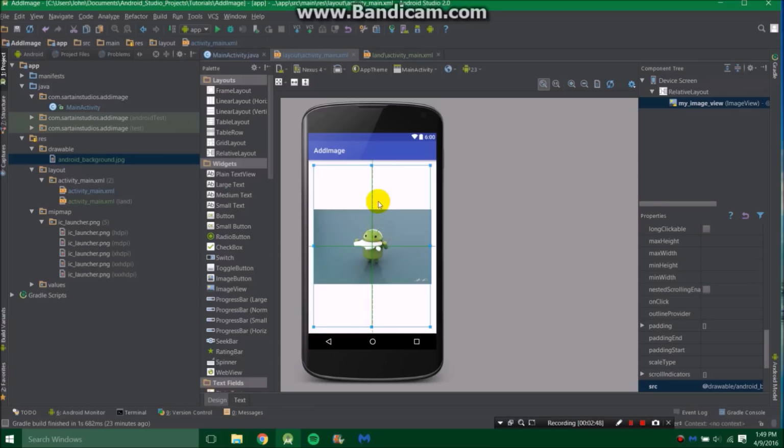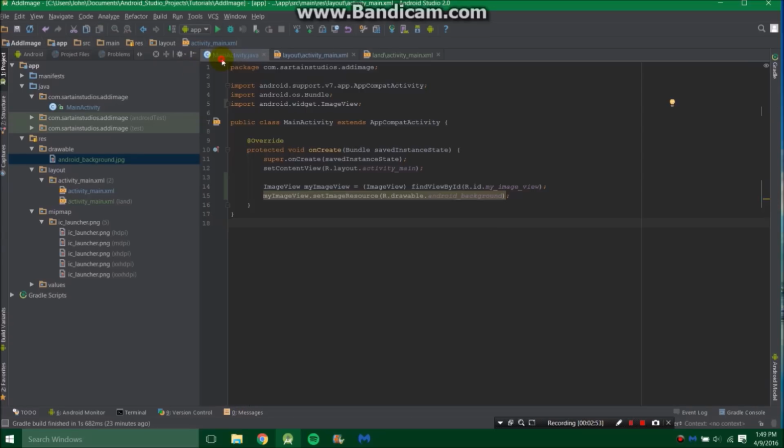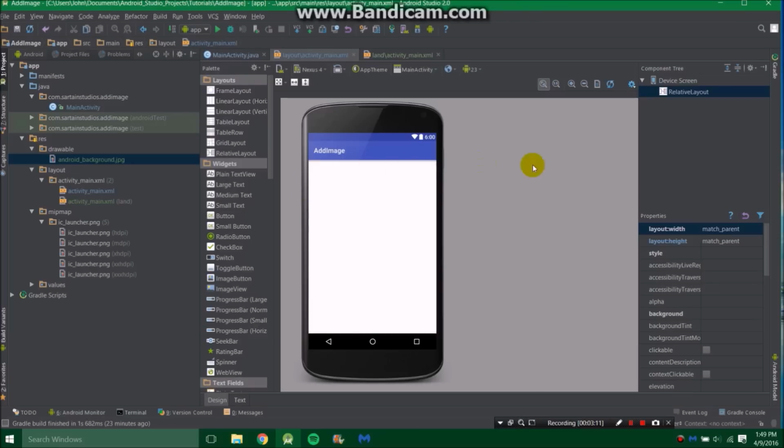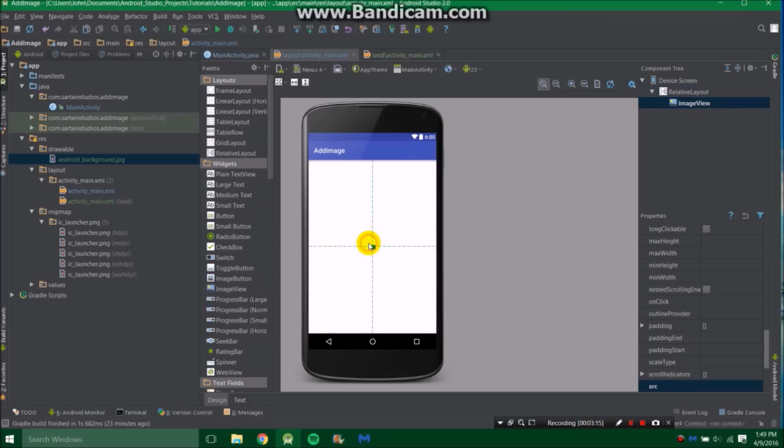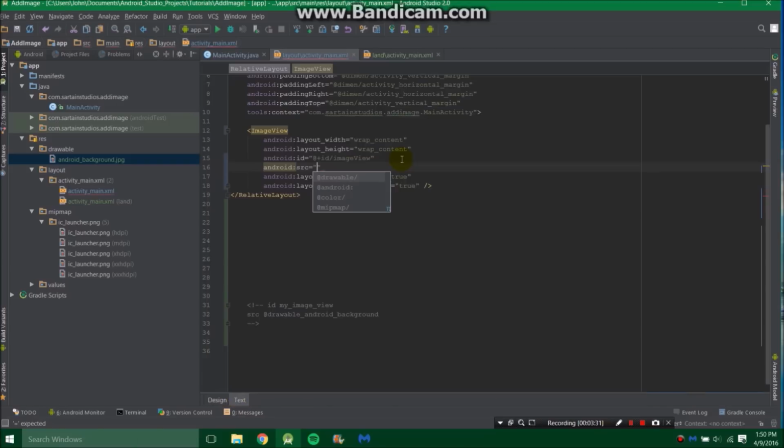There's two ways to set the image to our app. We can either use the XML, or we can assign it in the Java, although I will show you how to do it both ways. The first way would be to go over here and simply select image view and drag it on there, and then we need to specify the source, so we can go to text or over here to source and simply type android:src="@drawable/" and then whatever we named it. So I named Android background, so that's what I'll specify as the source,